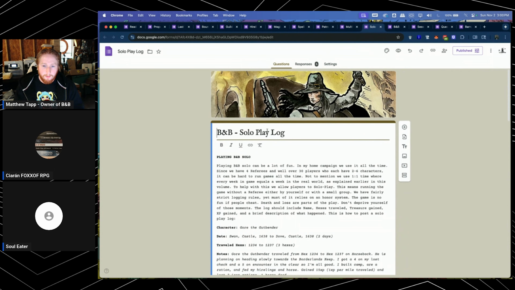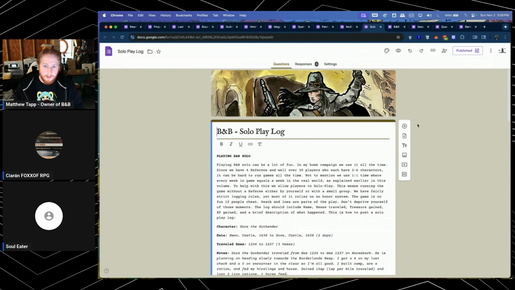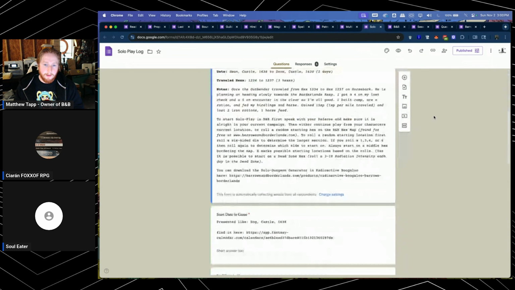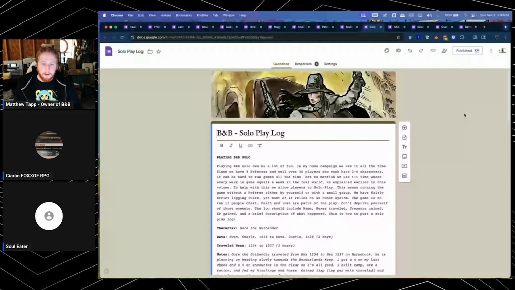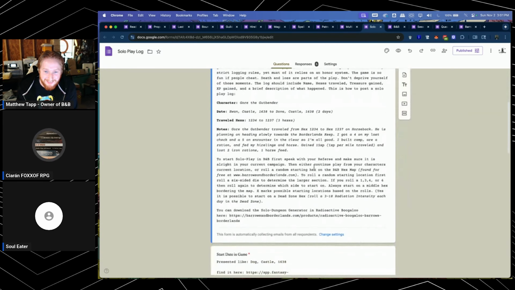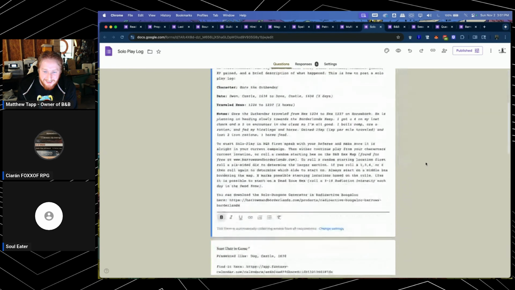This one is used more often than some of the others. So if your character is doing anything specific outside of referee play, or an actual party play, and you're just doing solo exploration on your own, maybe you have a dungeon you picked up that was pretty cool online and you want to get some XP playing in it, or maybe you've opened a portal to go do Gods of Forbidden North and make a party of adventurers all on your own. You can use this. I just filled out this earlier, actually last night,